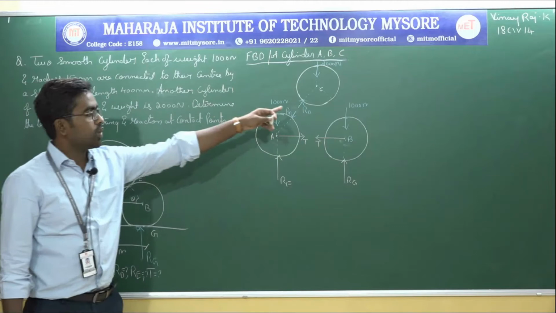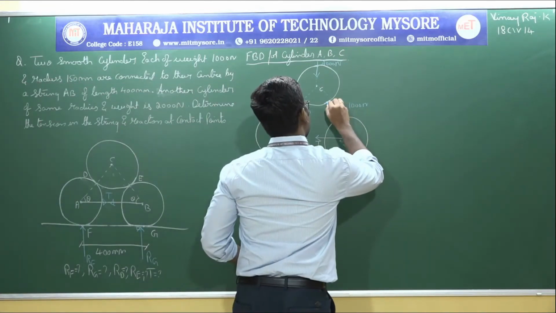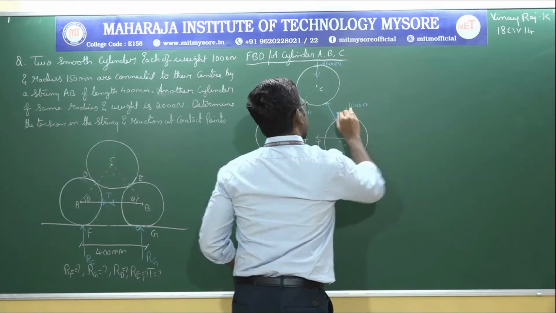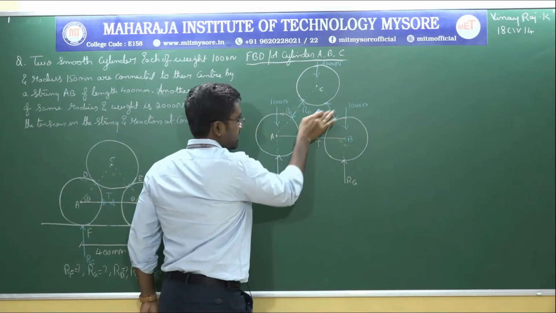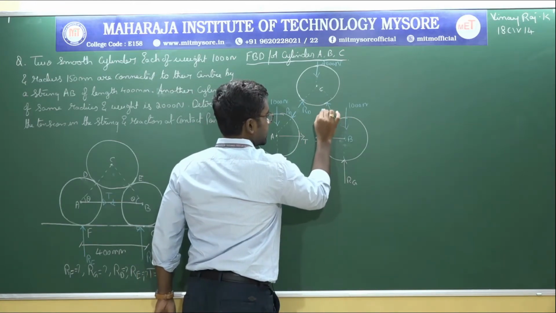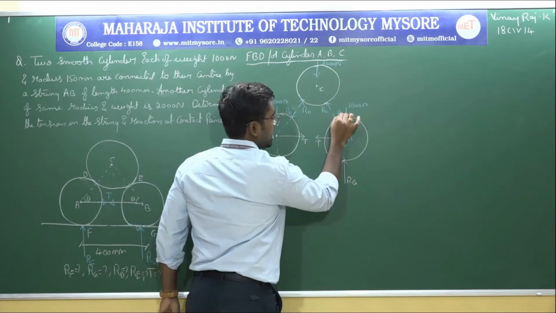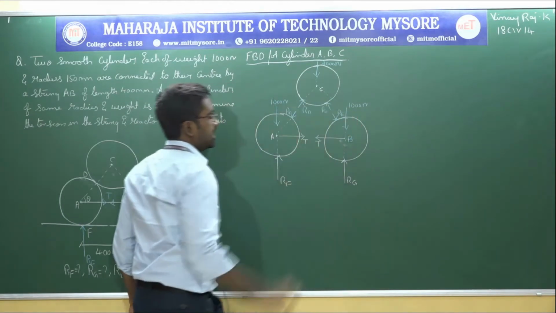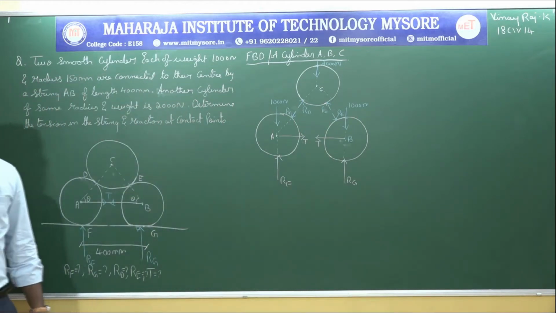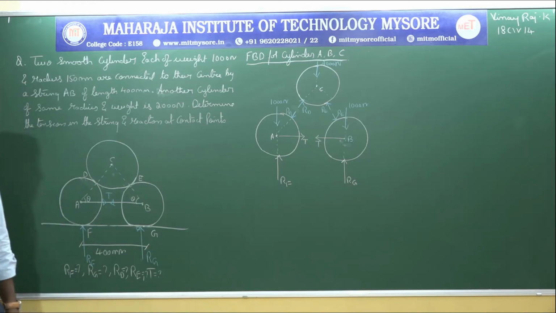Now I need to mention one more compression between these 2 cylinders, and it should be indicated by the 2 arrow marks which is going outward like this. If I rub here, so this is RE reaction. This is RE reaction for this cylinder, and this is RE reaction for this cylinder. So this is how you need to write the free body diagram considering all the cylinders simultaneously, right?